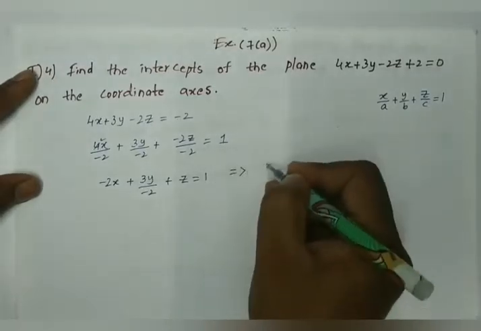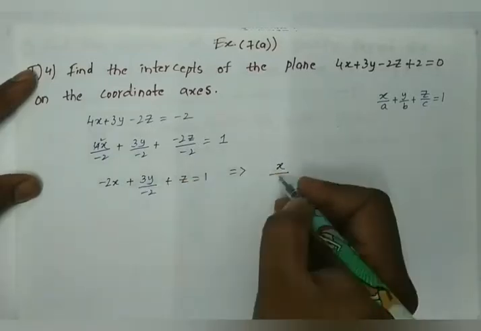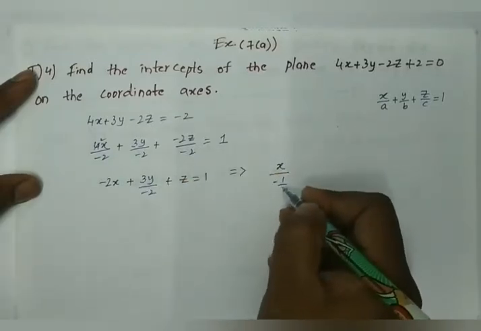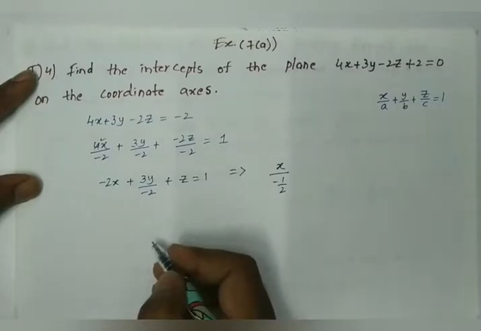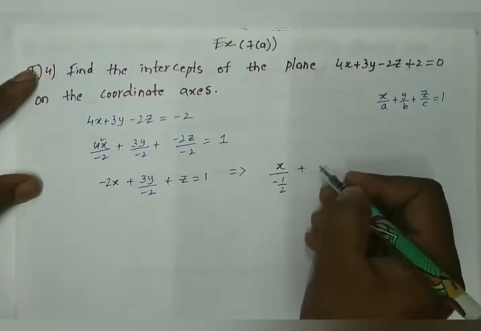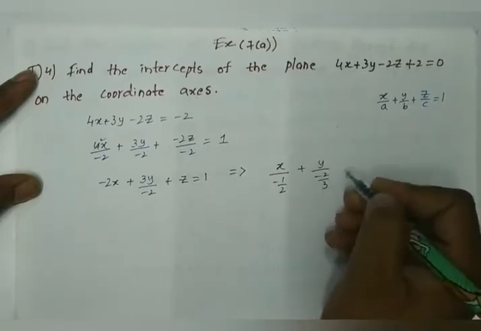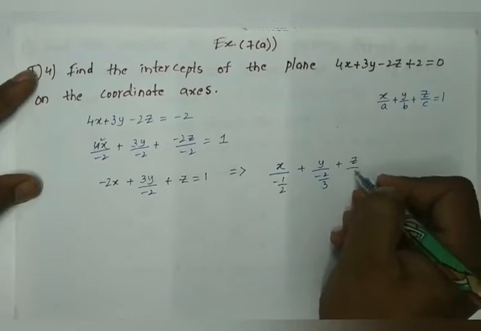This equation can be written as x by minus 1 by 2, since minus 2x can be written as x by minus 1 by 2, plus 3y by minus 2 can be written as y by minus 2 by 3, plus z by 1